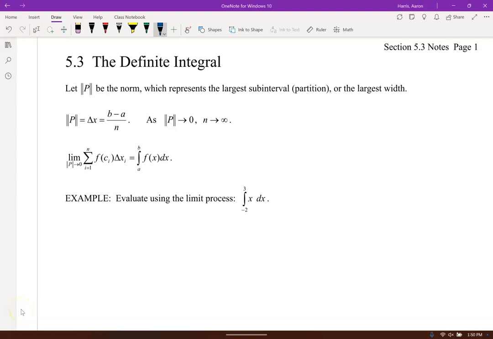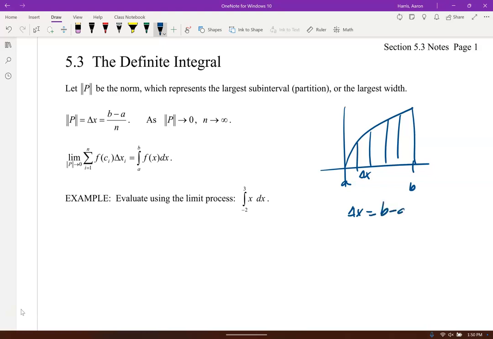All right, in that previous section, we were finding the area under a curve from, let's say, A to B. We made all these rectangles, right? We added up all these rectangles with delta x on each one. Well, we had the same width each time. Our delta x was b minus a all over n subintervals. Well, if they're all the same, then it's b minus a over n, but they don't have to be the